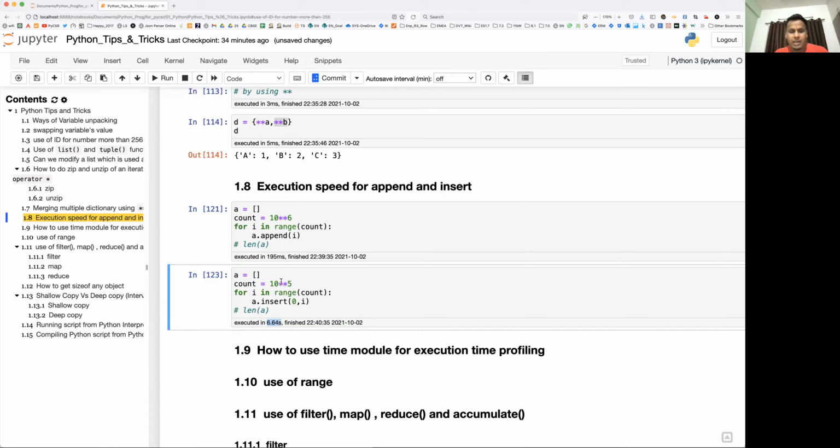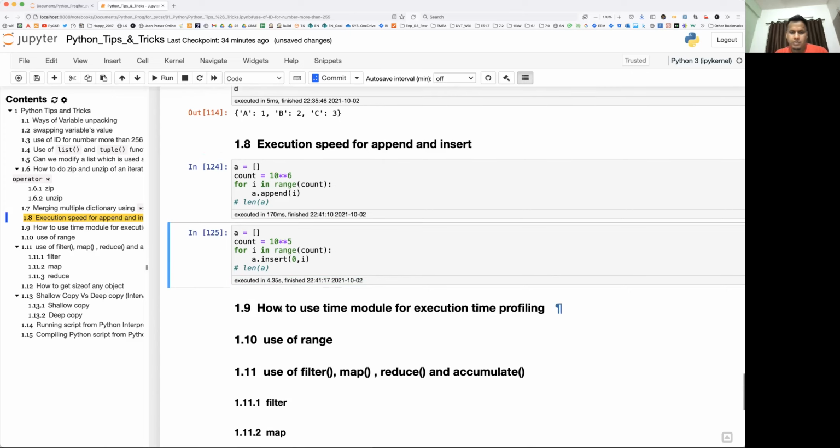We cannot write large applications by using insert, right? So use it wisely. If it is a small number, it's okay, but to create a very huge list with a huge number of elements, it is better to use append. With 10 to the 6, append took 117 milliseconds, and here let's run once again: 4.35 seconds. That is the reason append takes less time and insert takes more time, and this is why append is preferred over insert.